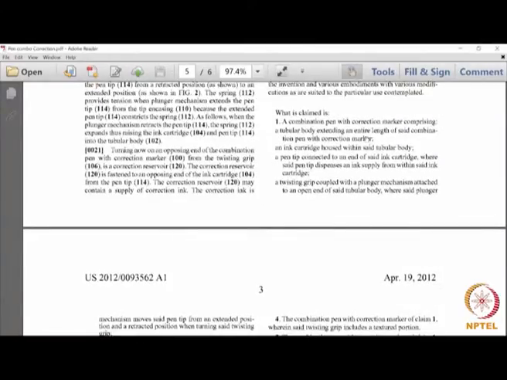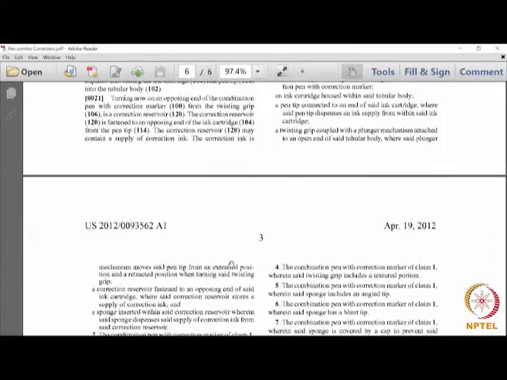Now, we understand that this is not a combination which is just a list of things. If it had been a list, you would find a combination pen and a correction marker comprising a tubular body, an ink cartridge, a pen tip, a twisting grip, a correction reservoir and a sponge. The list is there nevertheless, but the various parts are also connected.